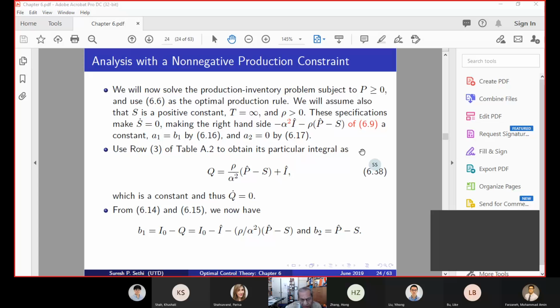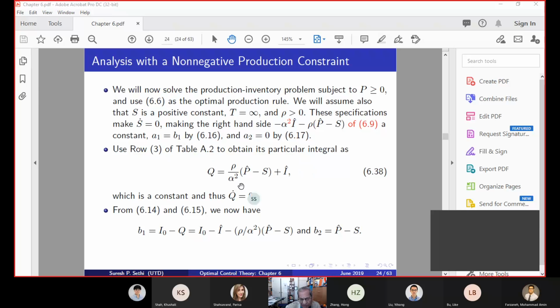Let's save some time because these are very simple things to go and refer to. So the big idea here is that I'm now going to be interested in trying to see how I can solve the 2-point boundary value problem when I must have this constraint, which is non-negative production constraint. So for this simple problem with rho bigger than 0, t equal to infinity, demand to be constant,